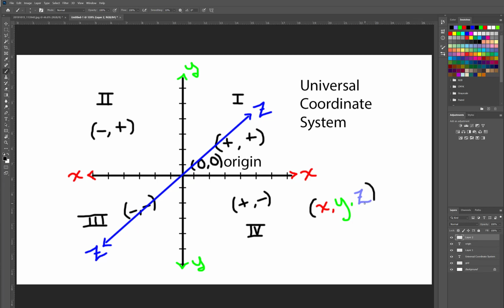So the 3rd dimension that I've got is the z dimension. Z is going to point straight out at your nose, x is side to side, and y is up and down. You will also note that I am very specifically writing x in red, y in green, and z in